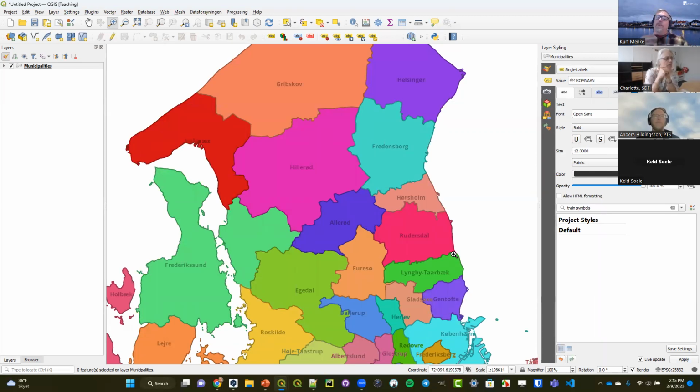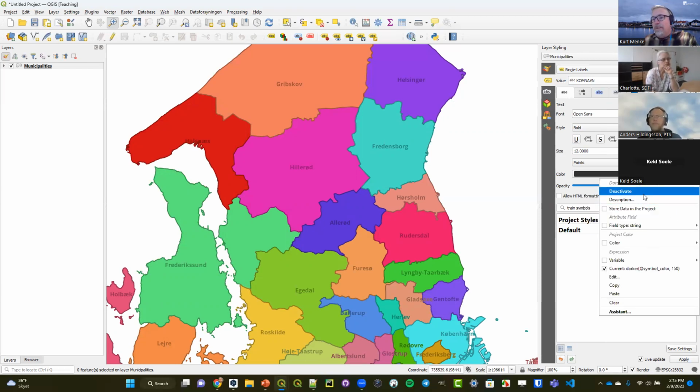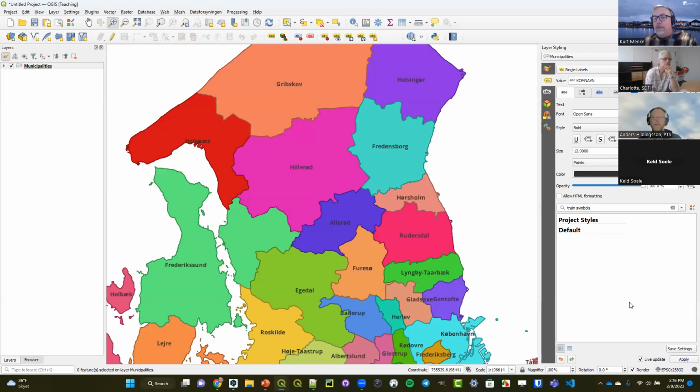So you can start to use these to give very specific and slightly more sophisticated symbology to your layers once you know how to use these. And if I wanted to just not use this anymore, I could left click on this and choose deactivate or clear, and it will remove that data defined override from